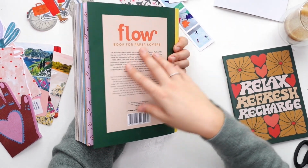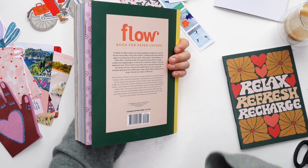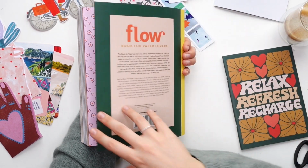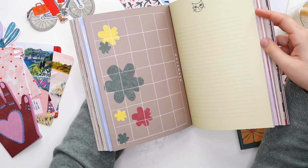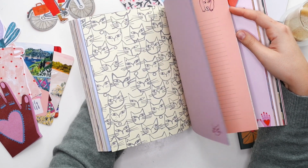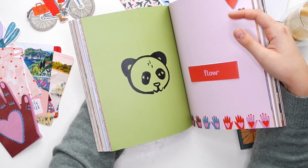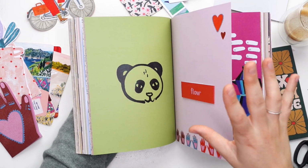So would I recommend this book? I think for me, I paid €22.50. If I'm not mistaken. Would I recommend it for that price? Yes, because I think I'm gonna get a lot of use out of this book. I really like it. And it is maybe a little bit more boring than the previous years, a little bit more functional. But I guess I am that type of crafter. I would rather have something functional that I can actually use over like a funny gimmick of a little craft